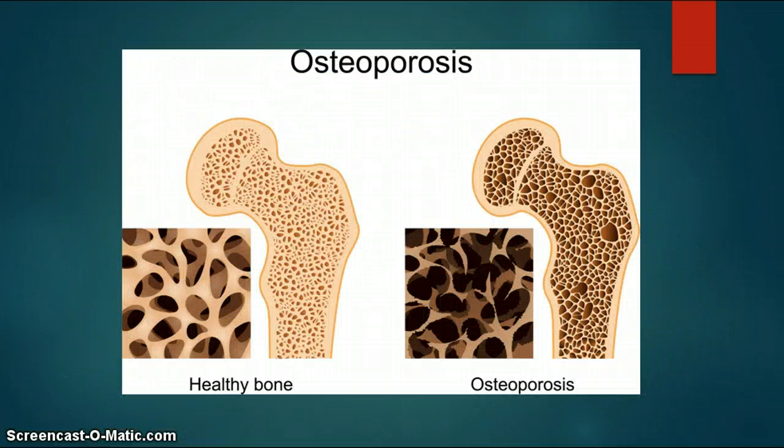Osteoporosis means porous bone. If you look at healthy bone under a microscope, you will see that parts of it look like a honeycomb. If you have osteoporosis, the holes and spaces in the honeycomb are much bigger, and the structure of your bone tissue has become abnormal. As your bones become less dense, they also become weaker and more likely to break. If you're age 50 or older and have broken a bone, talk to your doctor or other healthcare provider and ask if you should have a bone density test.